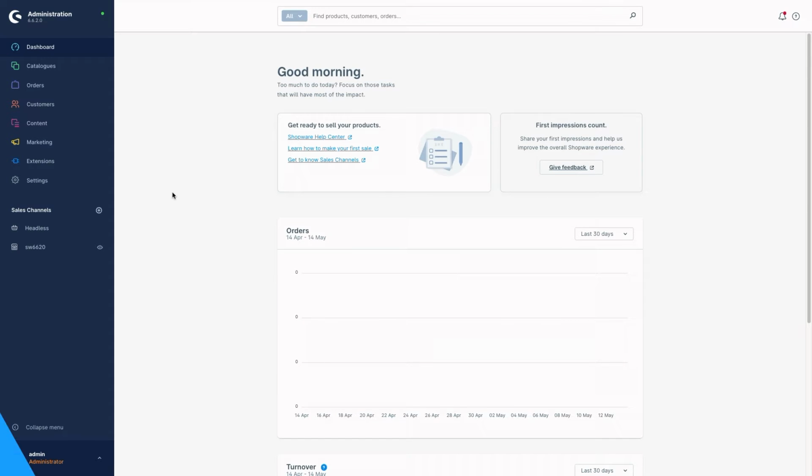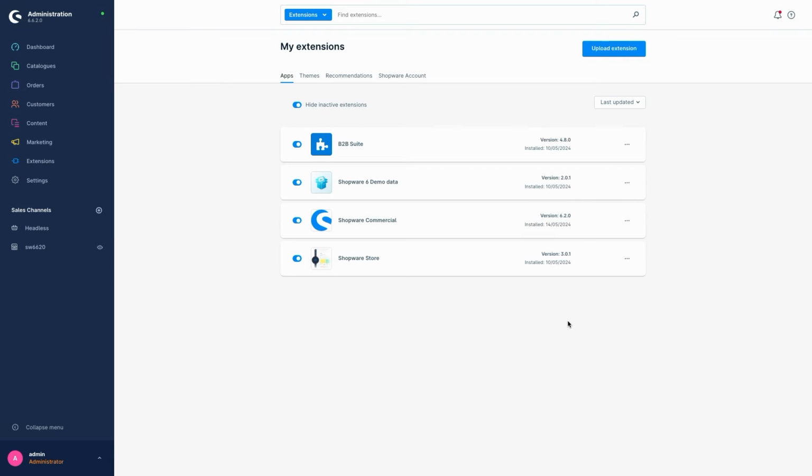So let's get started. To begin with, it is important that your Shopware account can be compared with your license or plan. To do this, your license domain must be entered under Settings, System, Shopware account, and you must be logged in to your Shopware account under My Extensions and then Shopware account. The license can then be synchronized and the features you are entitled to from the Beyond plan can be used.